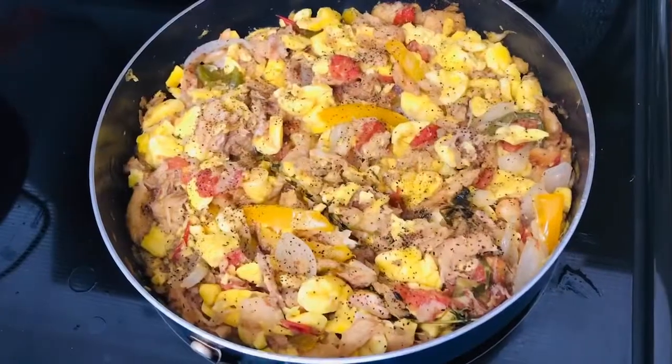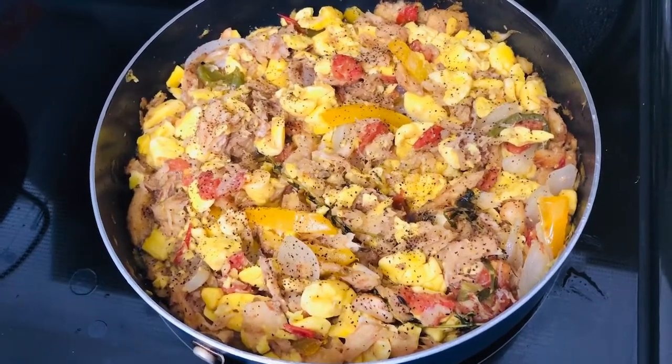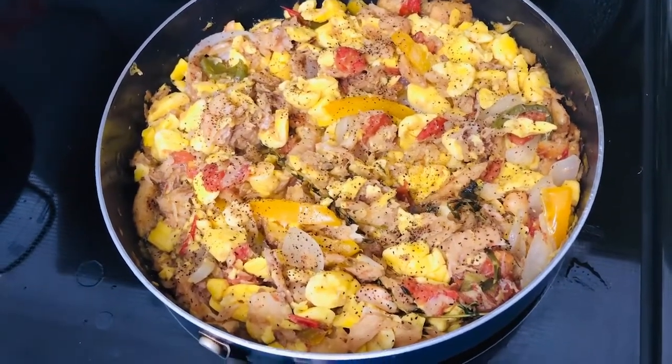Seriously. Okay, the ackee is ready, and so is the rest of the food. Picture to come is